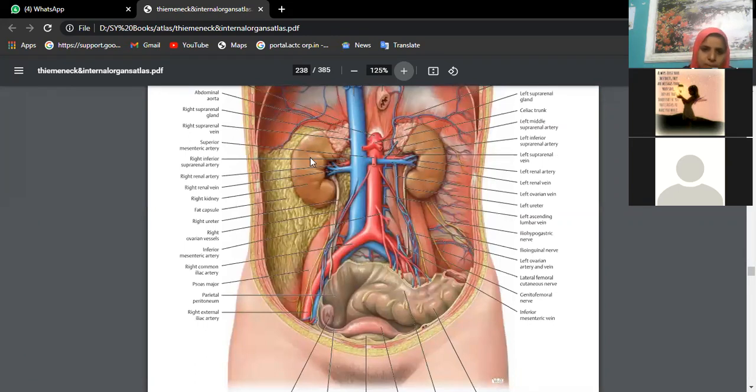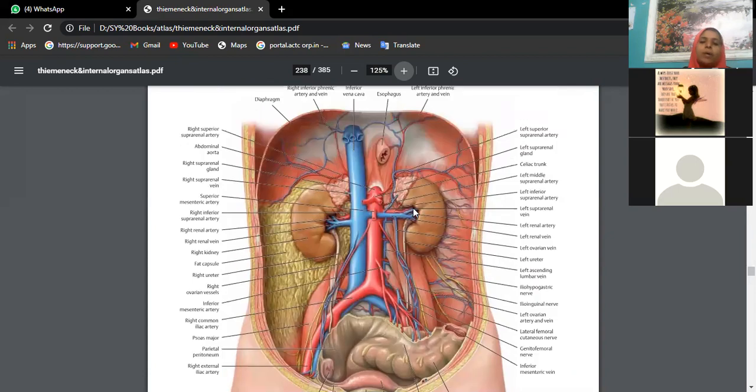Now, see, this is kidney, right and left in situ. When you see in the body tomorrow, when you go to dissection hall and when all abdominal visceral organs are removed, that means stomach is removed, liver is removed, pancreas is removed, spleen is removed, small and large intestines are removed, you will see in the posterior abdominal wall, kidneys are present like this. Of course, the posterior abdominal wall also will have fat.